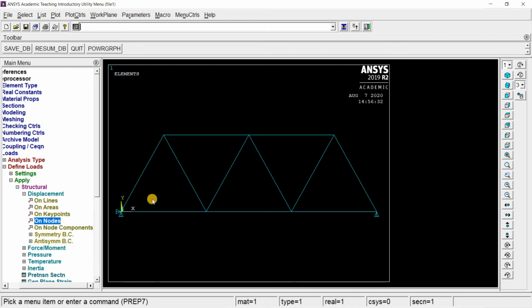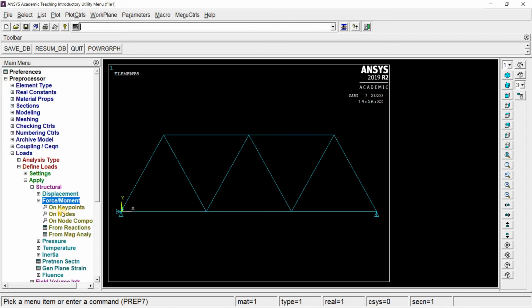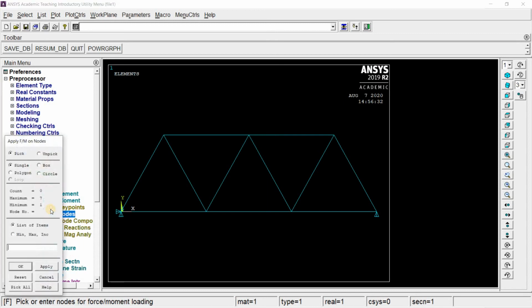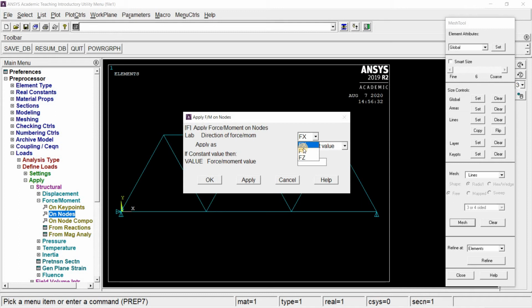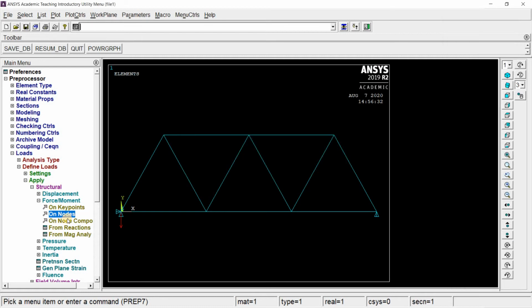Next, we must apply the loads. For that, we must go to force or moment, on nodes. First select this point and give OK. Select Fy because the load is acting in y direction. Since the load is acting downwards, we must give the value in negative. They have given 300 kN at this point, so we must give minus 3 lakhs. Now give OK.